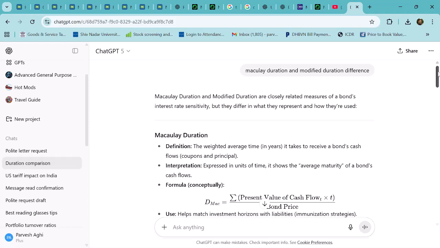So, what is Macaulay's duration? Suppose I give you an example. Suppose you invest in a bond. Let's not say you have invested in a mutual fund, because a mutual fund is also going to buy a bond. Let's say that you buy a bond which has a coupon rate of, say, 25%. Of course, 25% is very high. The face value of the bond is 100 rupees. So that means if you invest 100 rupees in a company, they are going to give you 25% return on that. So 25 rupees they are going to give every year.